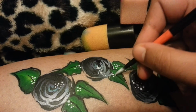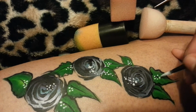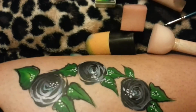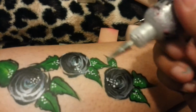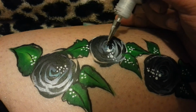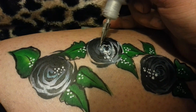I love adding white dots because it just brings the design out a bit more. It just brightens up a little bit more. Okay, you can leave it like this, or you can go back in with liquid bling, but the only bling that's working at the moment for me is my silver one. So what you can do, I'm going to show you different ways. You can just go over a few of the lines that you have created, like the tiger stripe areas,